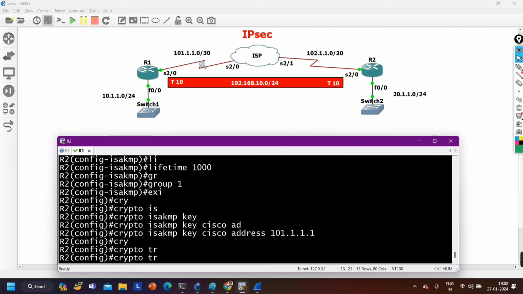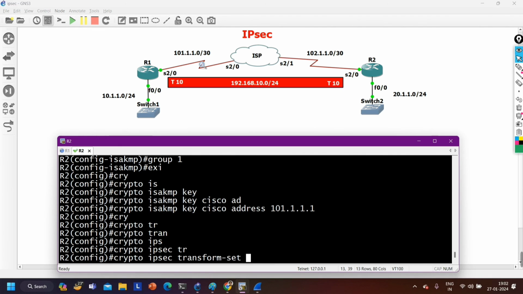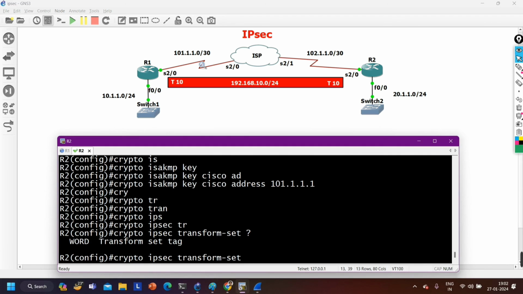Crypto IPsec transform set. The transform set is the phase 2 configuration, quick mode, right? Quick mode. So crypto IPsec transform set, and then if you put a question mark over here, what option are you getting? The name of your transform. So let me say PM over here as well. PM, and then